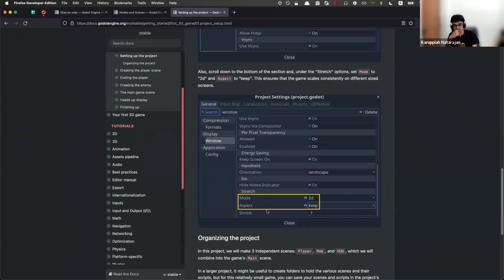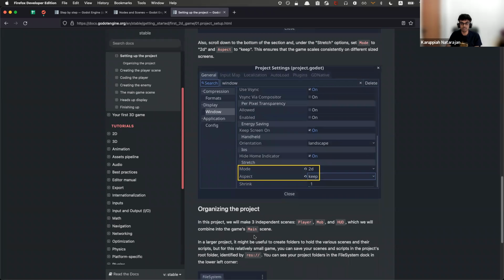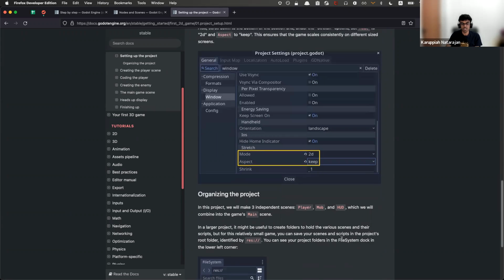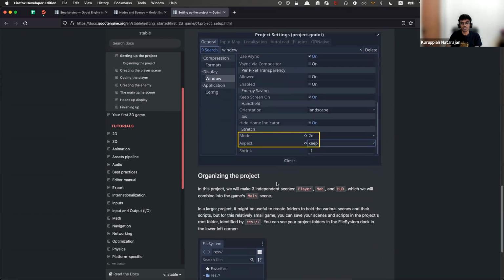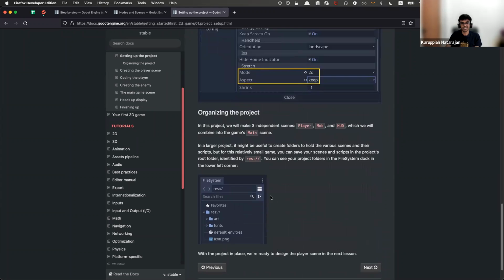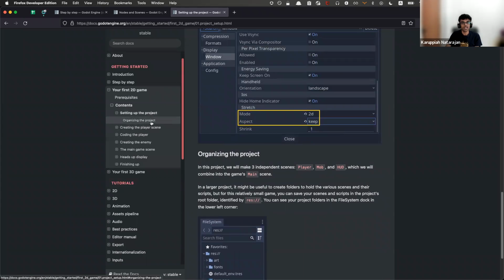Organizing this project will make 3 independent scenes: player, mob, and HUD, which will combine into the game's main scene. In a larger project, you might want to create folders to hold the various scenes and their scripts. But for this relatively small game, you can save scenes and scripts in the project's root folder identified by res://. You can see your project folders in the FileSystem dock in the lower left corner. Okay, so I am gonna probably stop reading here and I'll read a bit more and then get back